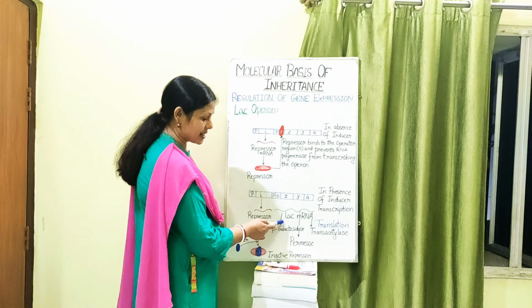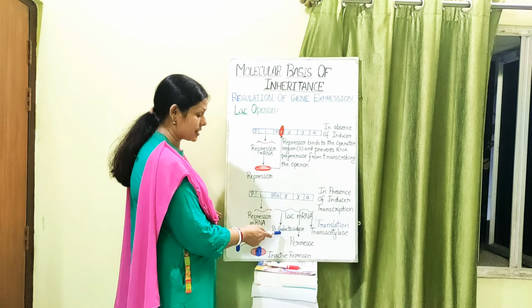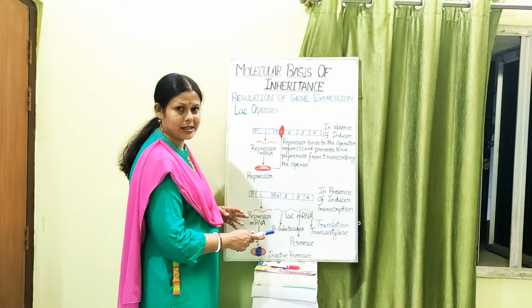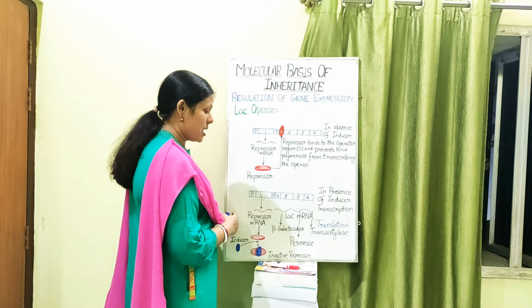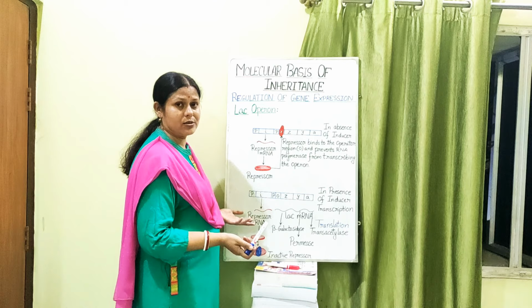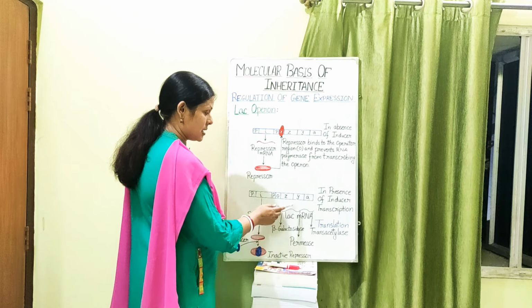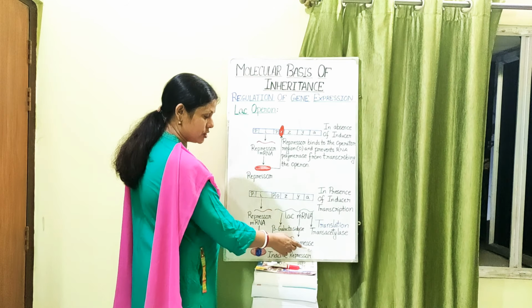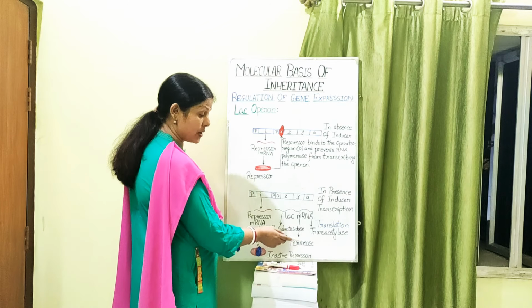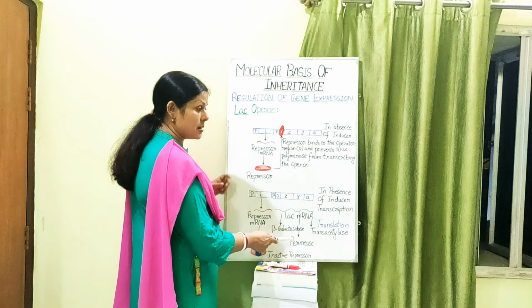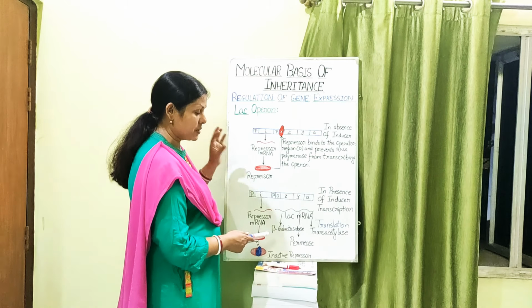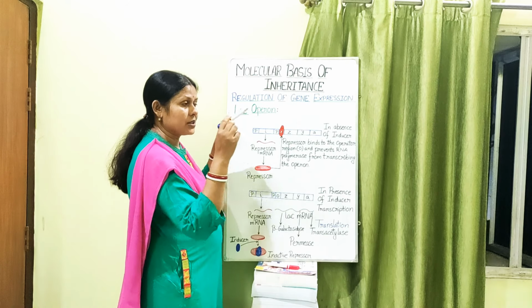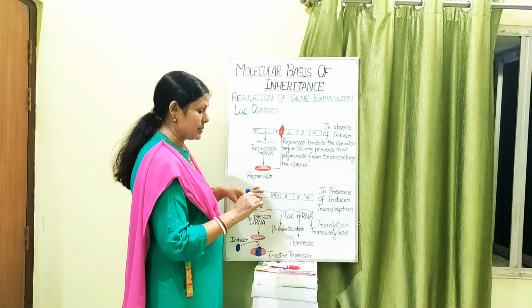As the name suggests, galactosidase, it will be breaking down the lactose into glucose and galactose. Okay, now once it has been broken down, it has to be utilized, or else what is the use of lactose in the medium? So the next structural gene, Y, will be translated into another enzyme or protein which is called permease. Now if you remember, permease is a membrane protein, found in the cell membrane, which increases the permeability. So as a result, the entry of the lactose from the surrounding into the cell can be easily made.